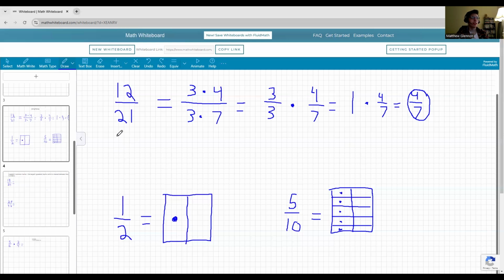Now, with that said, if you have been working with these for a while and you feel really confident in your skills, you could also write it like this, where you have 12/21. And I would still write this step, breaking it down to its factors. And then from here, we're not going to write these two steps. Instead, what we're going to do is just cross these guys out, the threes, because they're the shared factor. They're the shared thing that we can pull out from that fraction. And then we're just going to write what's left over,